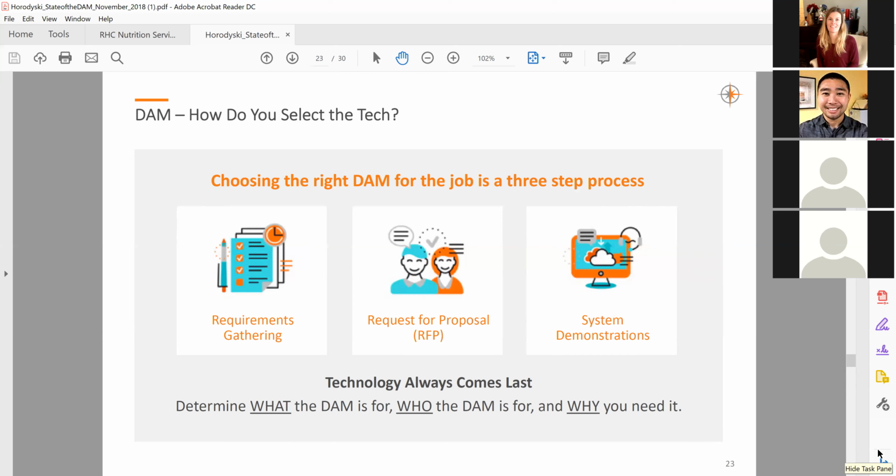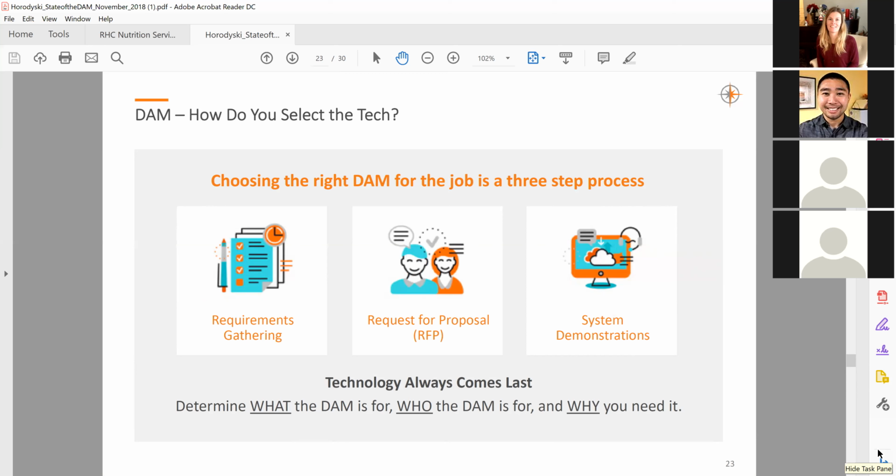The second thing then is a good RFP, or a request for a proposal. Make sure it's well written. You tell the vendors, based upon those requirement gatherings, what do you want? What do you need it to do? Get some use cases in there. For example, the marketing department needs to find videos in Europe and reuse them for a North America campaign. That's a great use case to show a digital asset management system and then see if they can answer those questions.